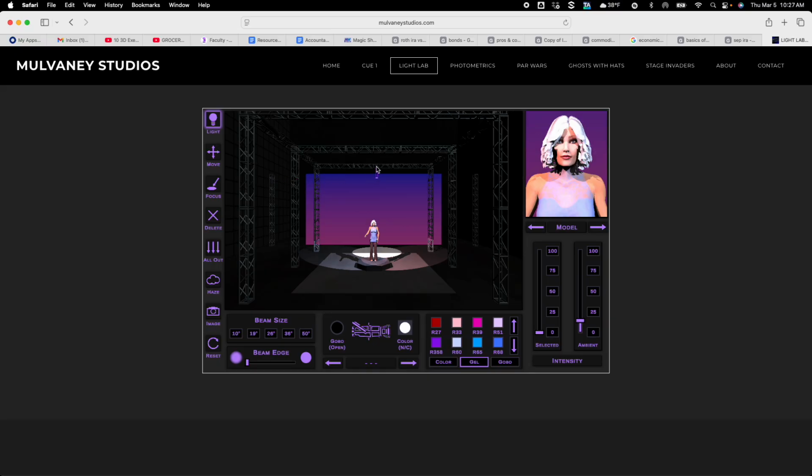And I'm going to put it on this back truss, back behind my actor. Click to set it. Focus it again, pretty much right on my actor's head. We can see from the shadow exactly where the actor is in that beam. We can see over here there's quite a bit more highlight on the shoulders and coming over the top of